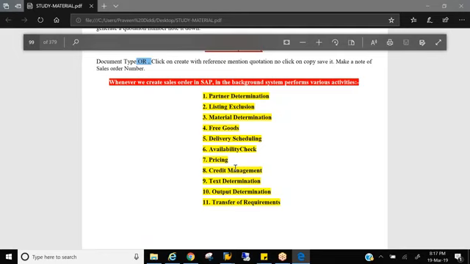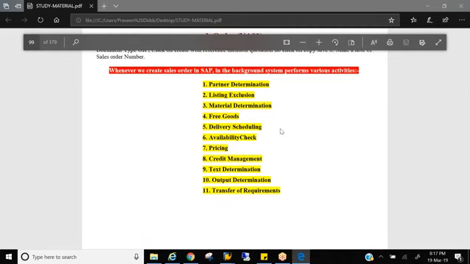Let's start from the first. See, this may not be in a sequence, but all these activities will be performed by the system. This is the same question which was asked in a different way in one of the interviews. That is, what all the determinations will the system check when you create a sales order? Only determinations, not all the activities the system will perform. What determinations? You tell anything whatever you remember randomly, but partner determination, material determination, free goods determination, text determination, output determination. So these are the determinations the system would be doing